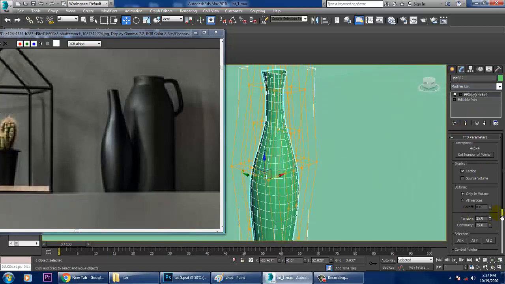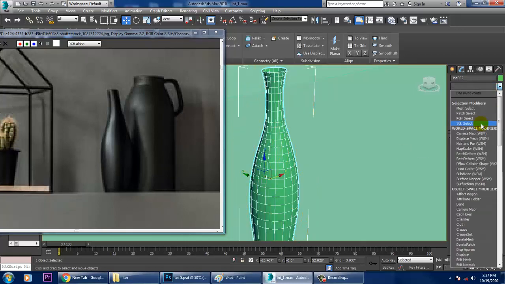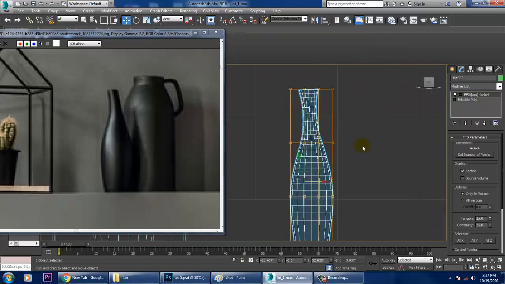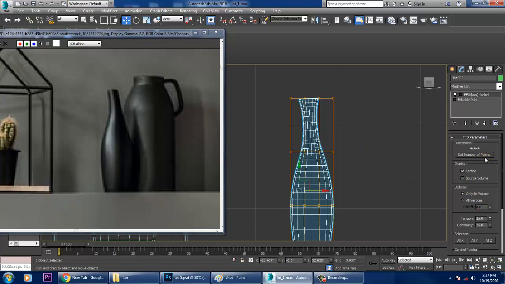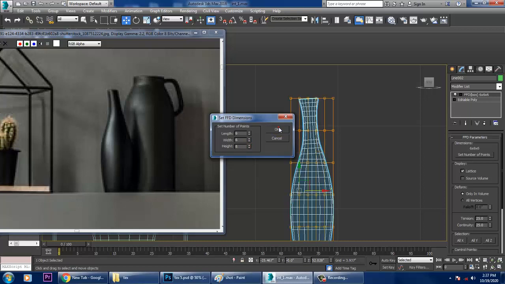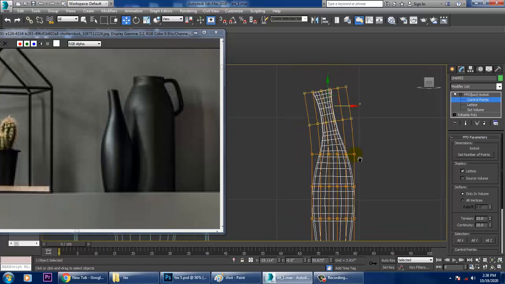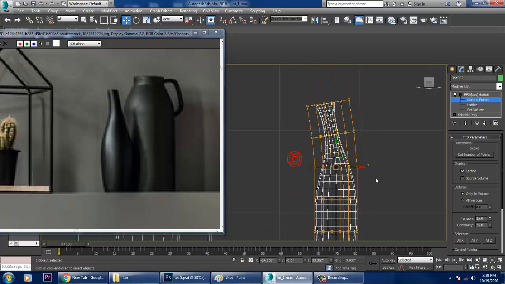over here. X, Y, Z. You can just check this in whatever axis you want, you can go with that. I think it's not taking well. So better we go with this, the FFD box over here. So into this FFD box, let's go into this and let's set it as 666. Click OK. Go into the control points and let's rotate it. Much better. So this is perfect.